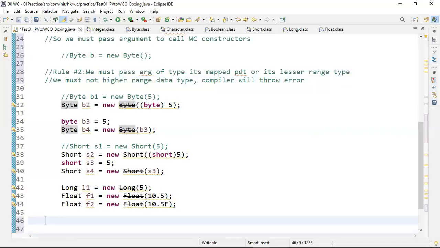The next, from Java 5 onwards, in all wrapper classes, all constructors are deprecated.